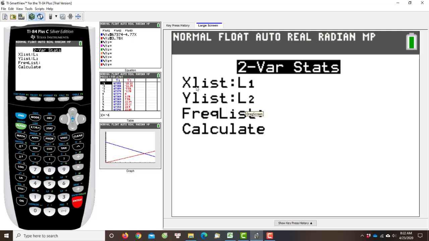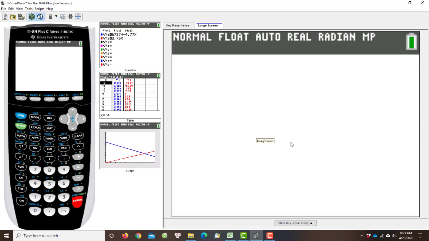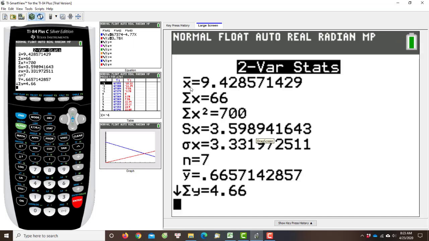I am going to select that command. And then we need to indicate where you put your x data. The x list, I put in my L2 list actually. So I'm going to go second 2 on the keypad, and that brings up the list L2. Then I'll hit enter, and then I'll hit second 3 for retrieving list L3 to be my y list. Now I'm going to hit enter a couple more times. At this blinking cursor highlighting the calculate option, I'm going to hit enter one last time, and the calculator will immediately give me the values that we need. So x bar is here,